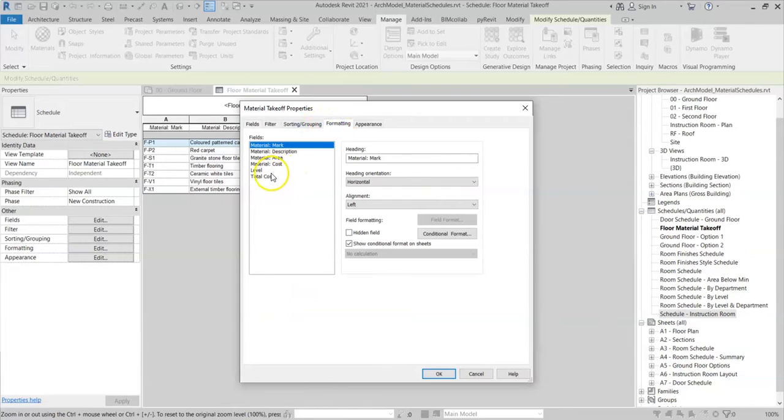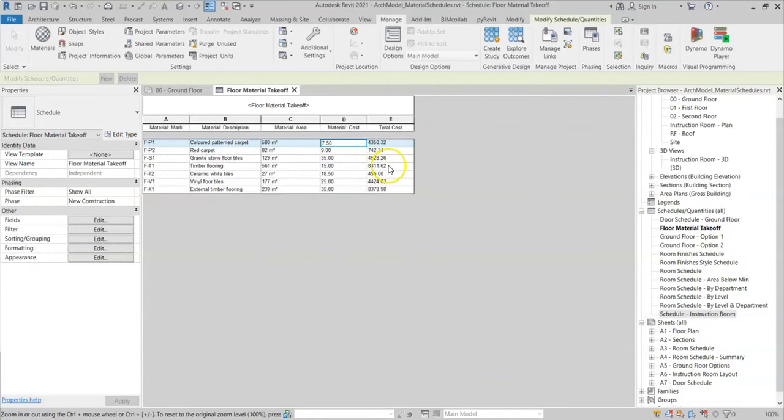I can go to formatting, total cost, and I can now calculate totals for the total cost. Click OK, and this is now the total cost of the material. So 580 times 7.5 will equal 5,350. I can of course then decide to change the schedule format, so this could be unit cost, or instead